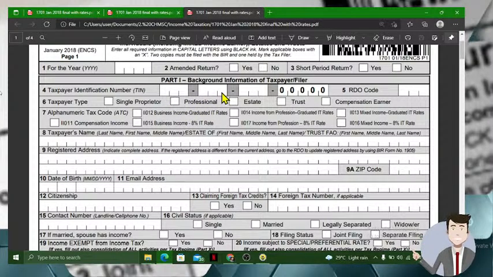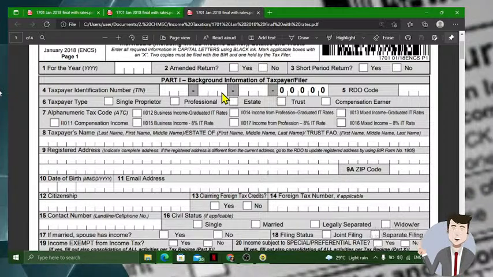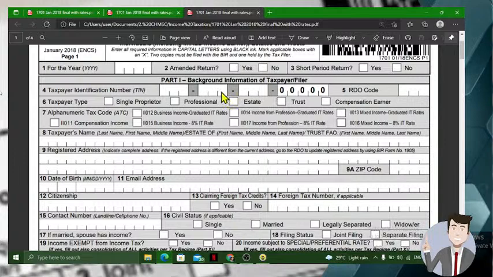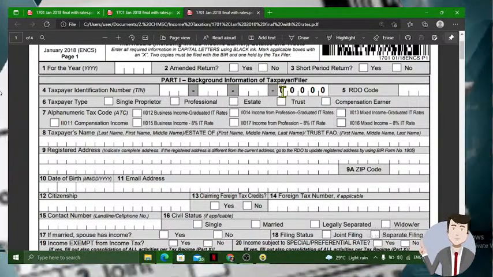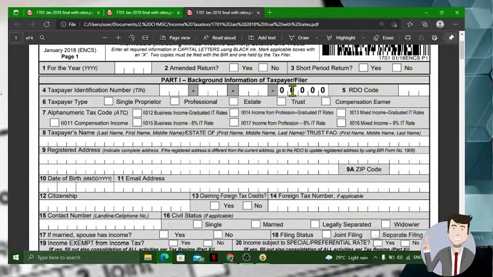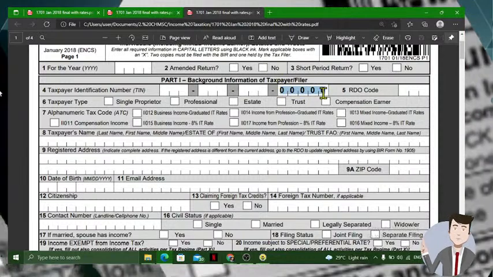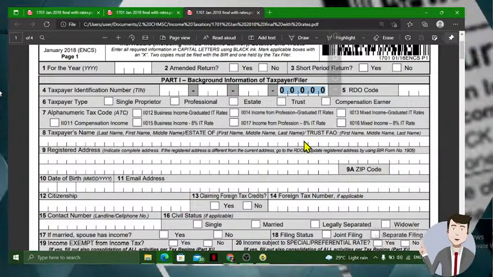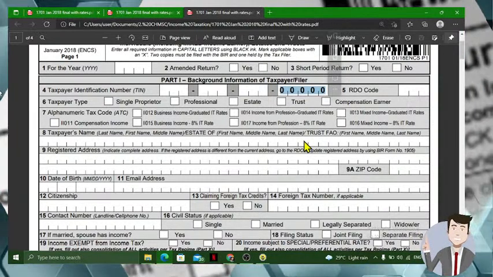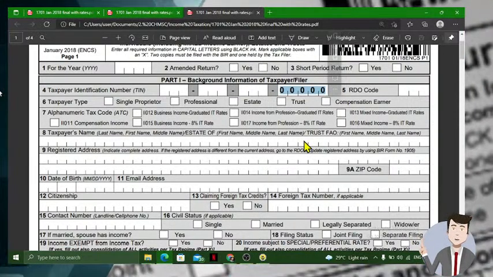You have to maintain only one TIN. Okay, so that's unique to every individual as well as to the corporation. Okay, so for your TIN, that is a 9-digit number. Okay, and the last 5 digits will be considered as the branch code. If ever your company or your business is maintaining two or more branches, so the RDO or the agency